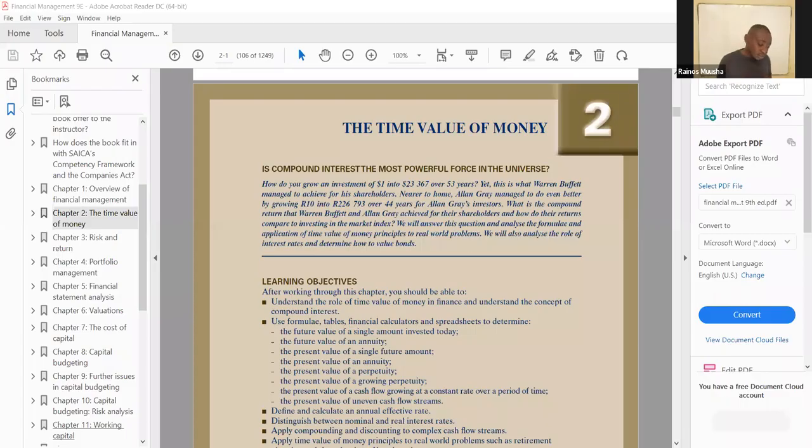And please take note, from chapters 1 to chapter 8, the principles that they bring to you, or the different variations of formulas that they bring to you, or the different concepts that they bring to you, which you didn't really cover in FIN2601 and FIN3701, don't worry much about them. It's just different variations, but the lecturer doesn't emphasize much on that. But I'll also highlight to you to say, don't worry much about this formula, because you'll see that your textbook is also going to be bringing in a lot of different variations of these concepts as well.